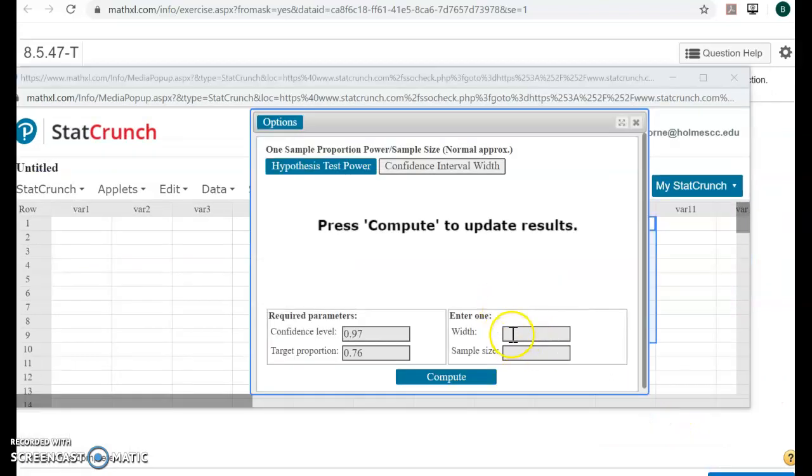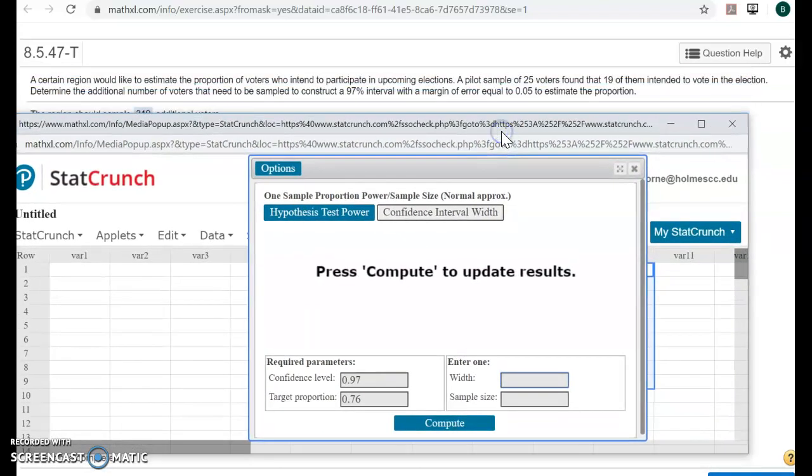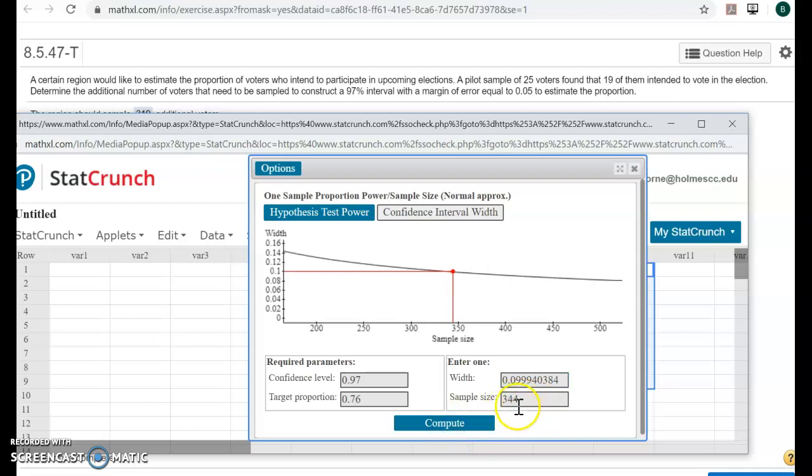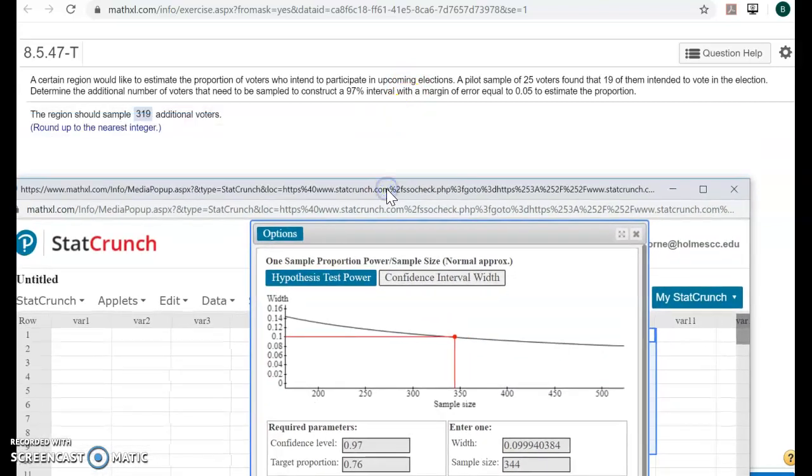And the width is just your margin of error. You have a 5% or a 0.05 margin of error on both sides of a confidence interval. So that's a cushion on both sides, so you need to double that. And so that would be 0.10. Now, when you compute, your sample size is 344,